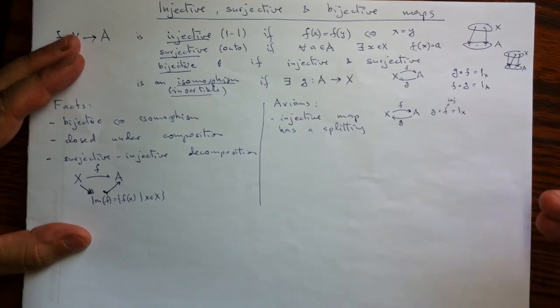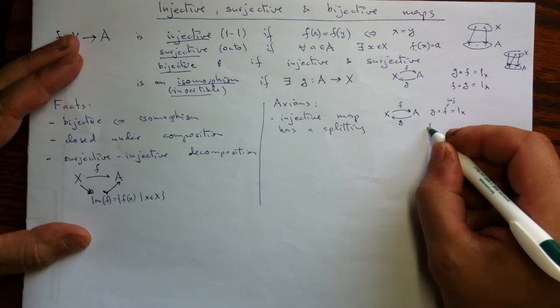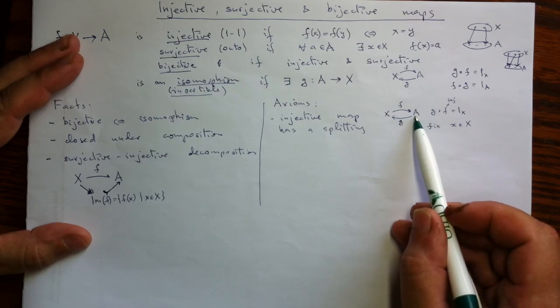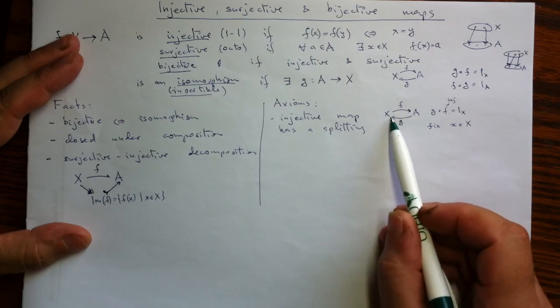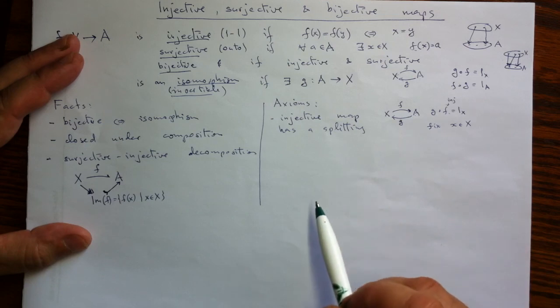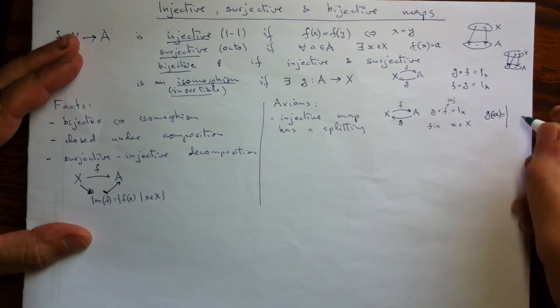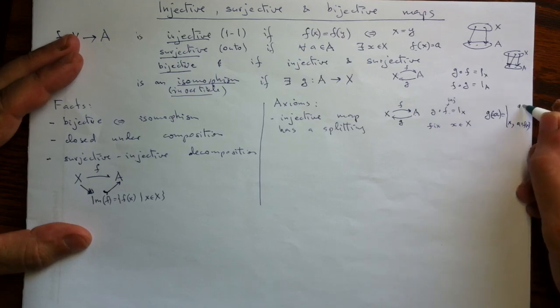We have to, using elements inside our sets, find an element X, because we know from this condition where elements from the image of F should be mapped under G. But what about the rest? And that is the interesting part in constructing G. So if I start with an element A, and if A is of the form F of something, then that is the value of G on that F of x, because it has to undo F. But if A is not in the image,